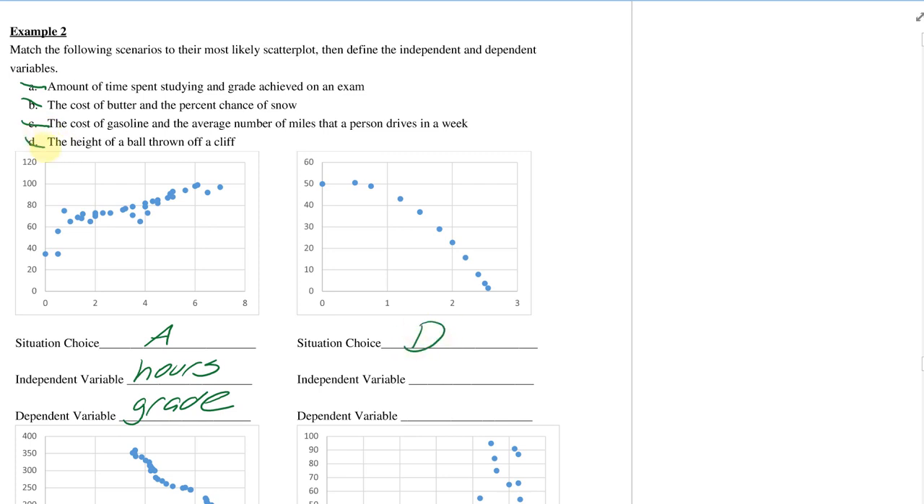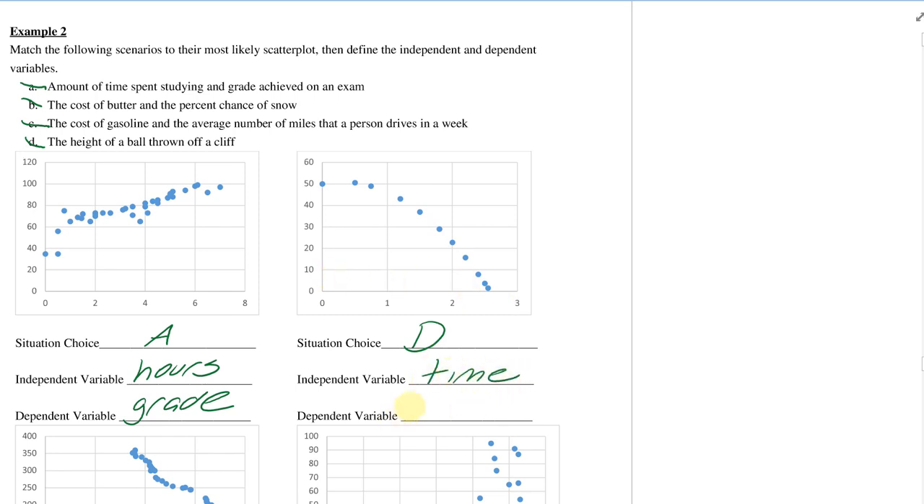So this is the height of a ball thrown off of a cliff. Now this one's actually a little bit tricky when you think about the independent and dependent variable. If I'm sitting on a cliff, this is the first moment, and then after a little bit of time, as I've thrown this, it starts to come down to the ground. So this is actually time down here,